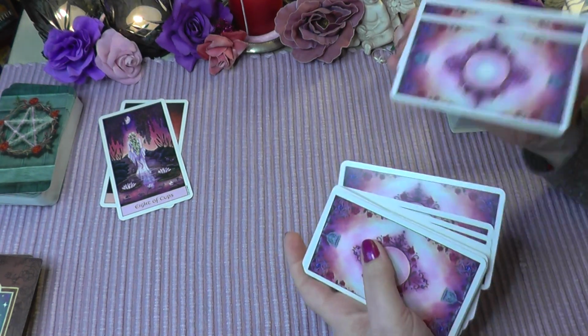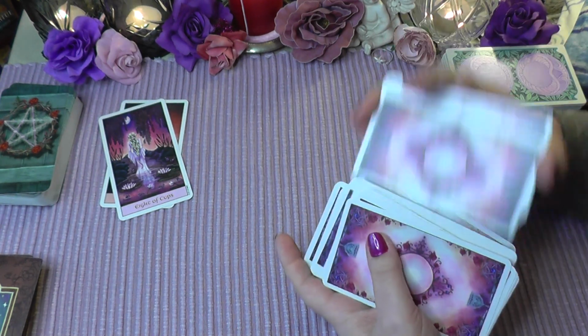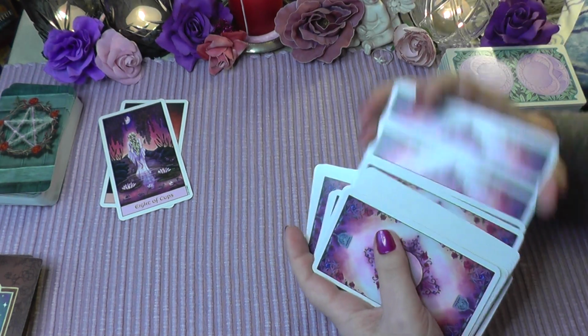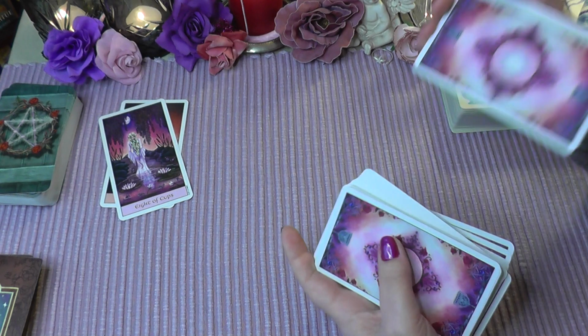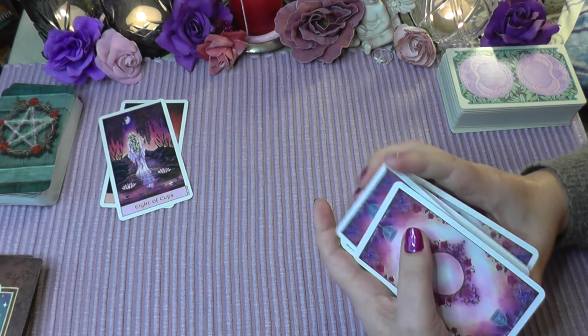And I don't do tarot readings the way other people do tarot readings, I think. I don't think about past, present, future, challenges, stuff like that. I just see what comes up, and I let myself be guided by my team to make the best reading for you. Okay, so we will start with